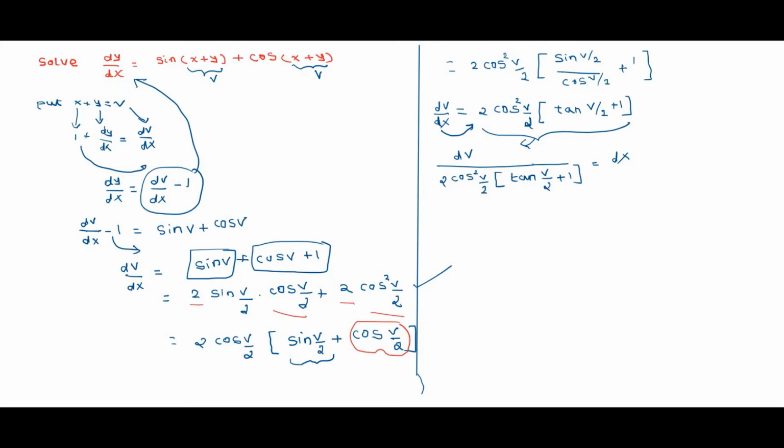Now here I will do one more thing: if you transpose this 2 from the denominator to the numerator, you will get 1 by 2. So I will write that as 1 by 2. Similarly, transpose this cos square v by 2 to the numerator, we can write it as sec square v by 2. Write down the remaining terms in the denominator only, that is tan v by 2 plus 1, is equal to dx. Now you can write on integrating,